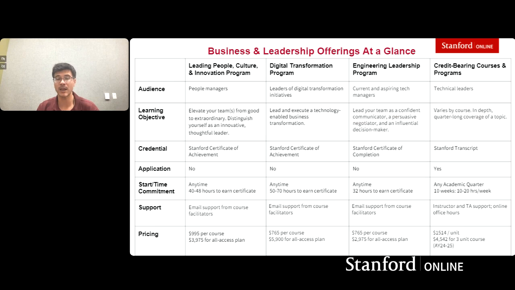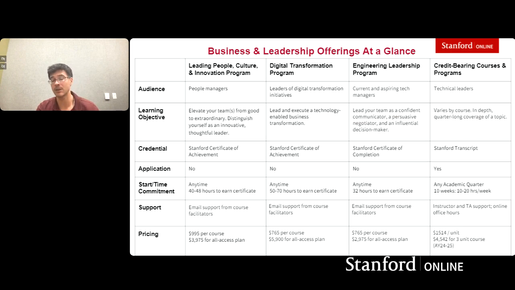On the credit-bearing side, it is a School of Engineering, so there are lots of courses on a lot of cutting-edge technology. Again, with the caveat that these are credit-bearing, graduate level courses, so a lot of them tend to be very foundational and theoretical.